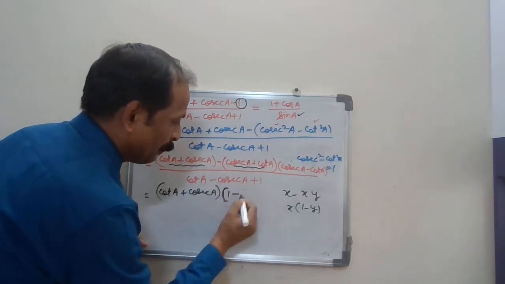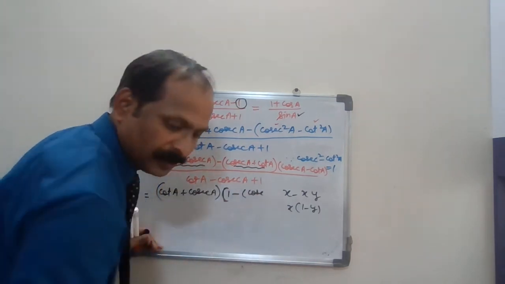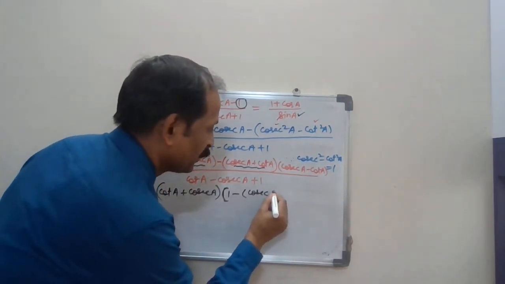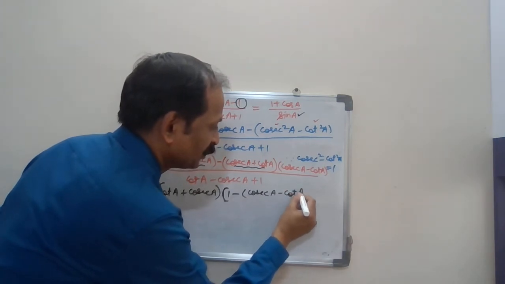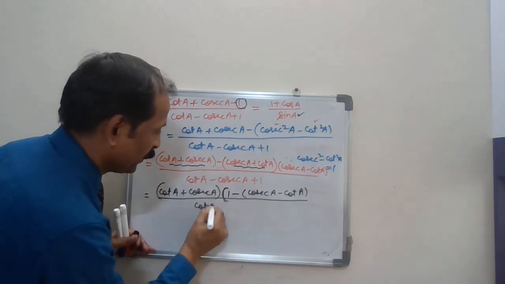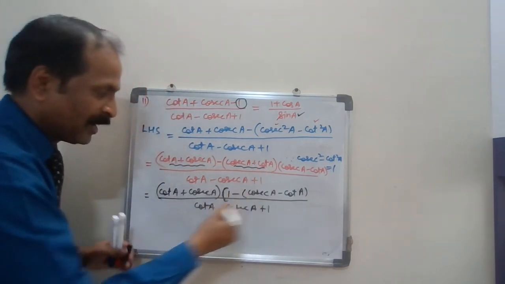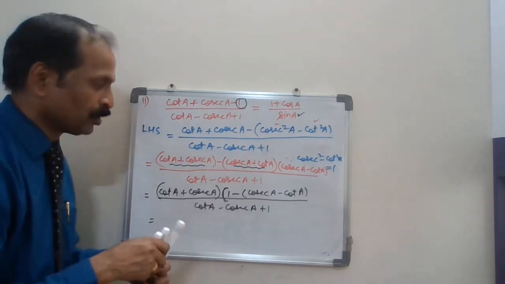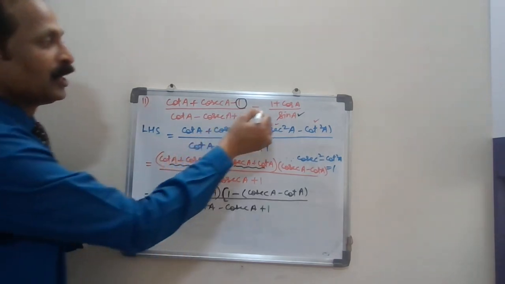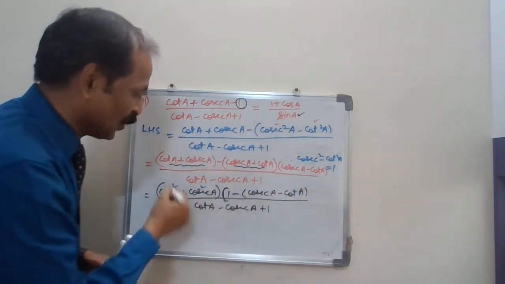So you will write 1 and minus sign. I am purposely using the bracket so you will not make a sign error. So cosec A minus cot A. See the magic? And down is cot A minus cosec A plus 1. See, I'm not touching it. I would have cancelled it. Now I'll try to cancel. This is my answer, because 1 upon sin A is cosec A and cos A upon sin A is cot A.